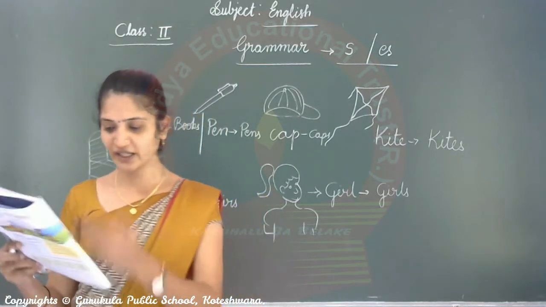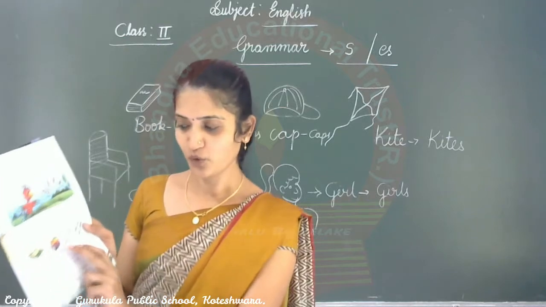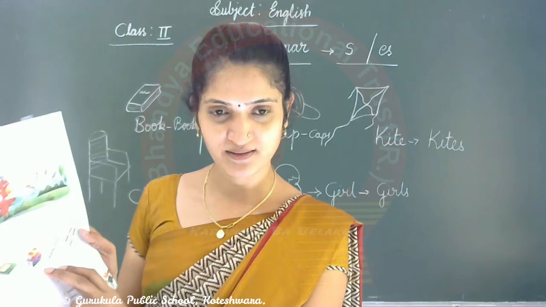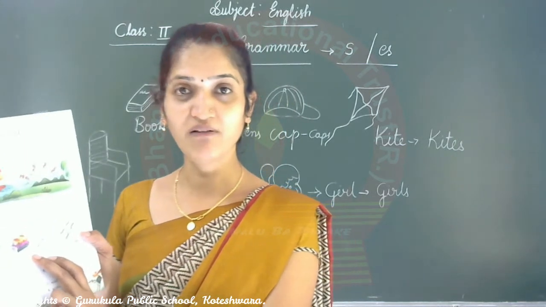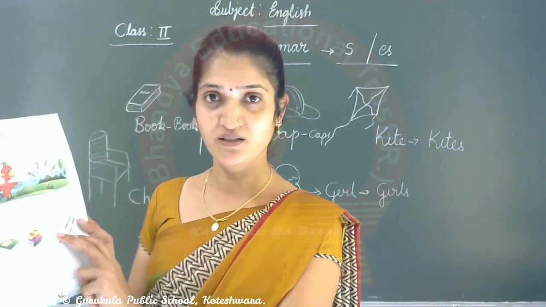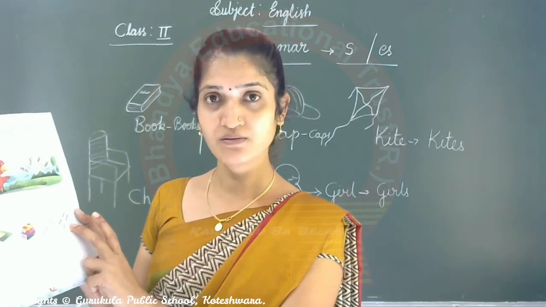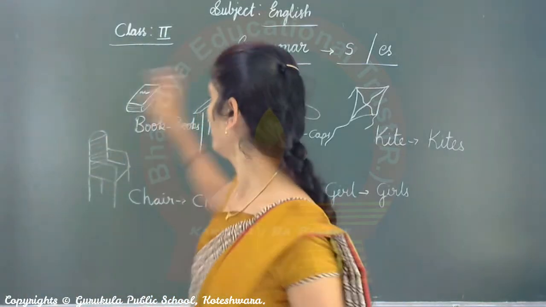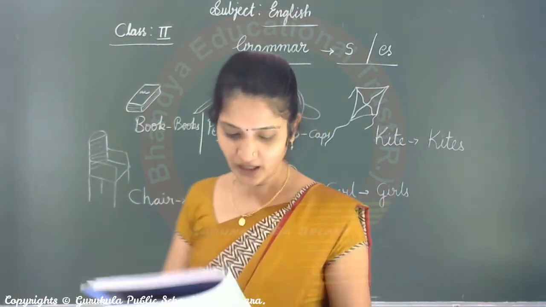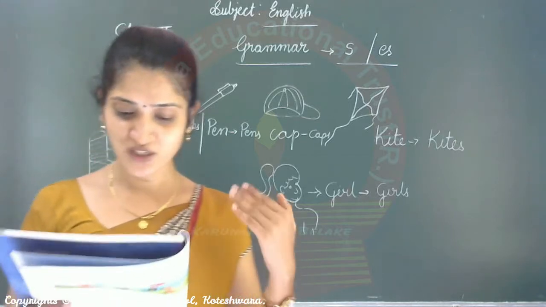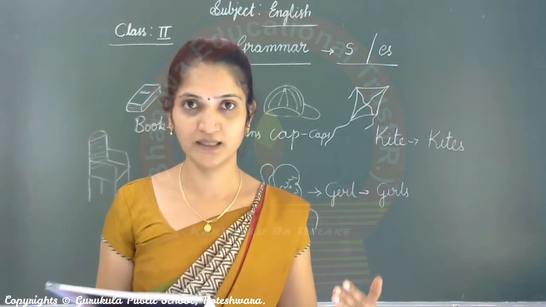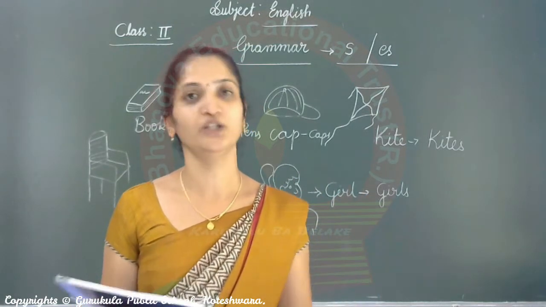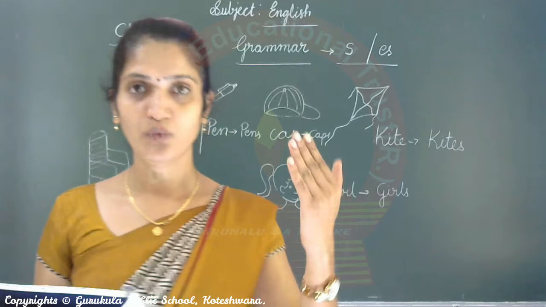Okay, come to here. They gave one book picture. More than one means here four books are there. See, books. After book, they gave s. Then watch. More than one watches? Yes, that is watches. Right? Like this type. What I wrote here, the same they gave here, right? First, A. Add S to these words. First, I'll read only the singular, one thing only. You must recall the one more.